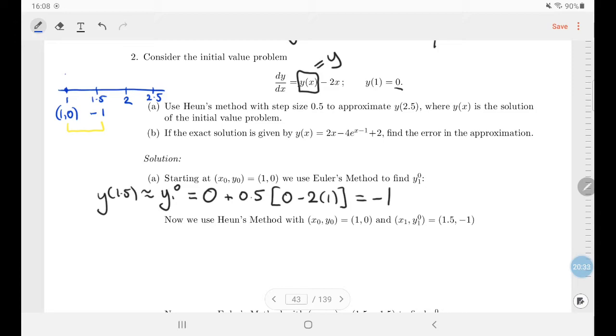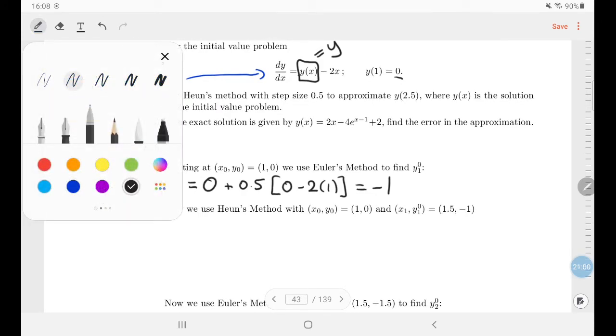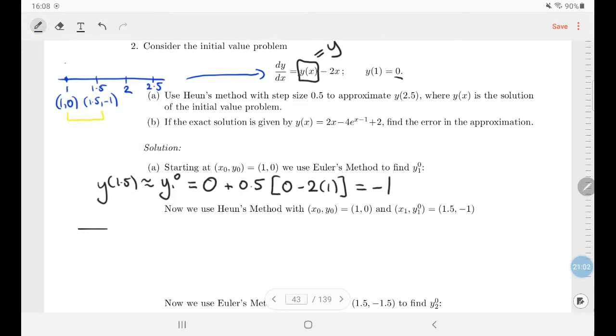Now we're going to use those two points, the y equal to 0 and the y equal to minus 1. It's a point, so it's an x and a y really, and x and y come into the derivative. So maybe I should be more careful here, even if there's no space: x equal to 1.5, y equal to minus 1. Use these two slopes according to the differential equation and average them out, so a better guess of what's going on at 1.5